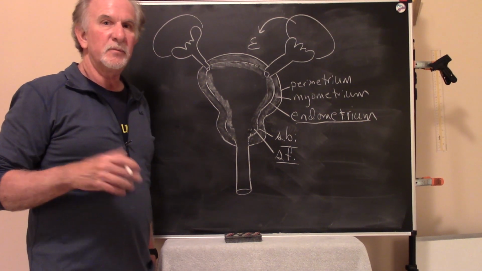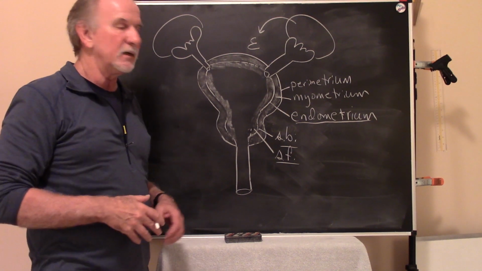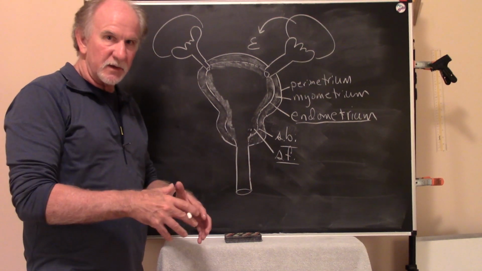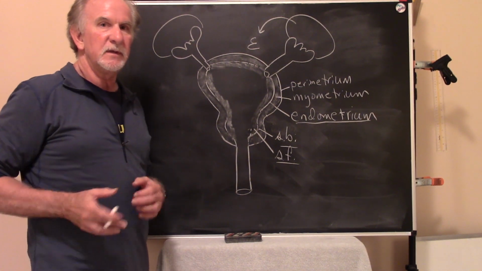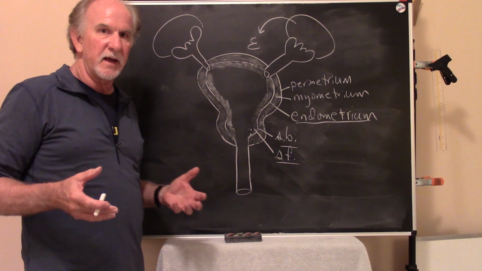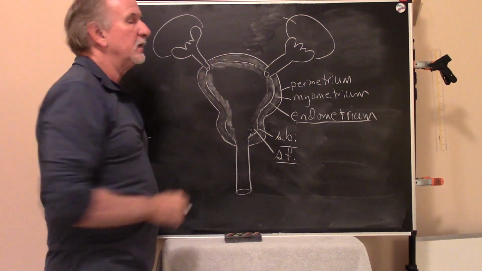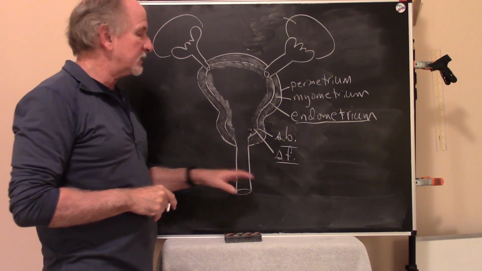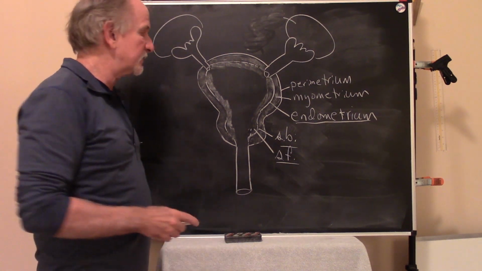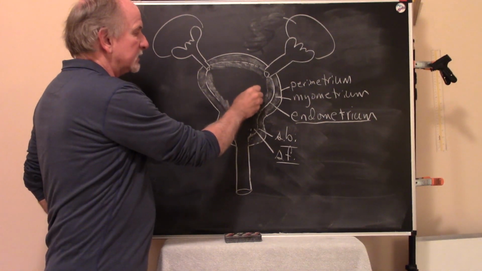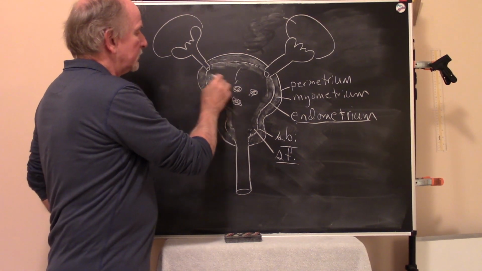Now, during the post-ovulatory phase, the corpus luteum is secreting estrogen and progesterone. They maintain the vitality of the functional layer cells, so they don't die. But at the end of the post-ovulatory phase, when the corpus luteum dies after a 14-day lifespan, assuming there isn't a pregnancy, then the levels of estrogen and progesterone plummet. And when that occurs, the cells of the functional layer begin to die. And as they do, they slough off in patches. So that's the beginning of menses, and the cells of the functional layer start to slough off,